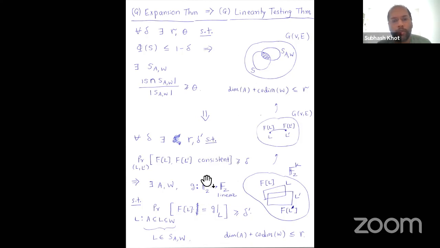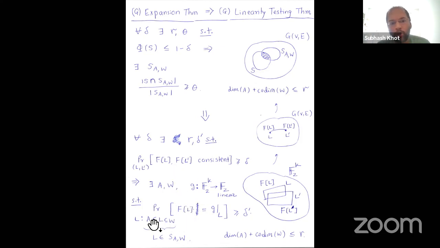And then the linearity test, maybe you forgot by now, so this definitely needs some reminding. There was this test, for spaces L, L prime, there was a table F assigning linear functions to L's and L primes. And the theorem was that if this table is consistent on delta fraction of the pairs L, L prime, meaning on delta fraction of pairs, the linear function assigned to L and the linear function assigned to L prime were consistent on the intersection, if this happened, then